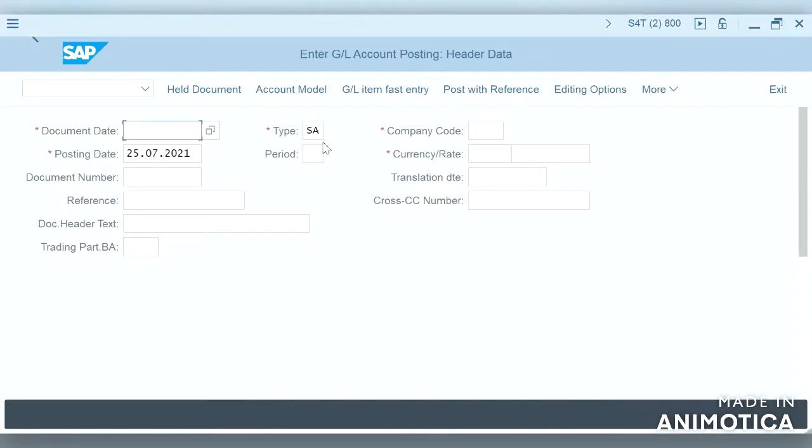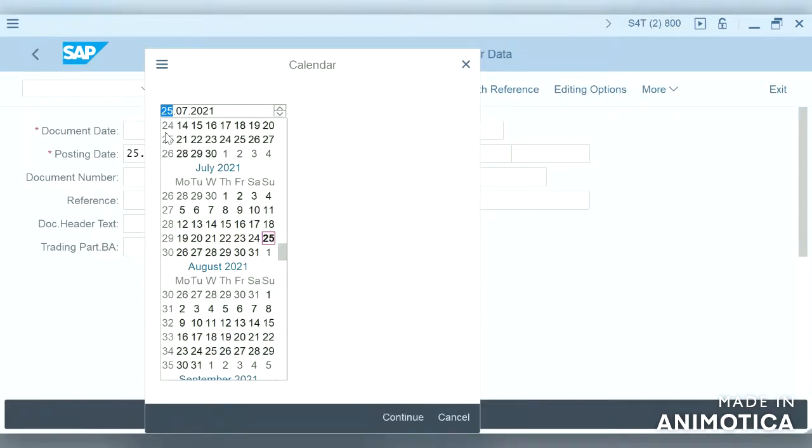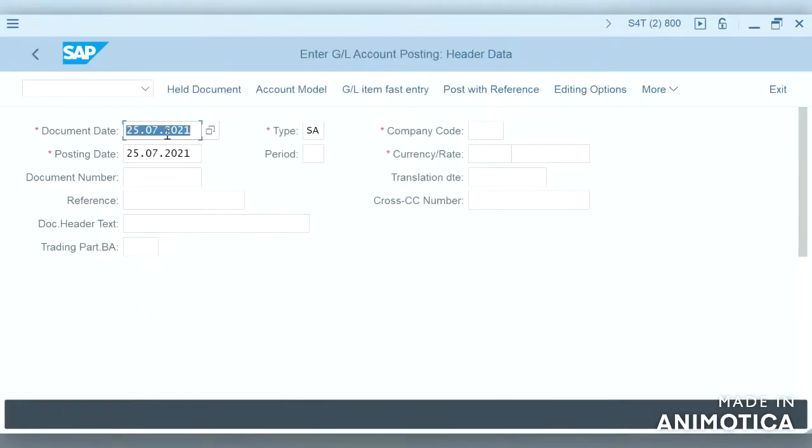So I am giving SA and the user is K. Suresh, okay, and I am giving the document date, and you can see clearly the document type is SA, and we are going to give company code and currency.